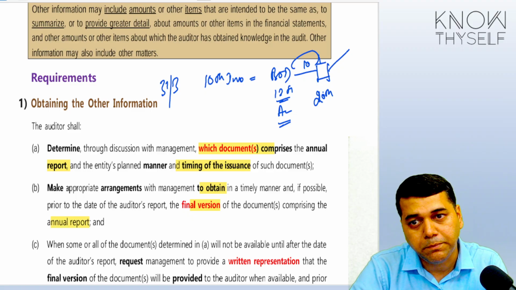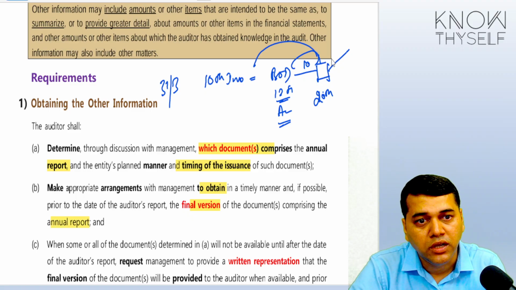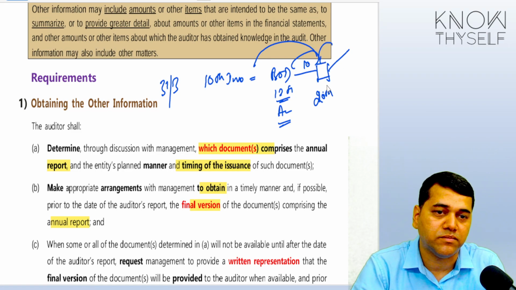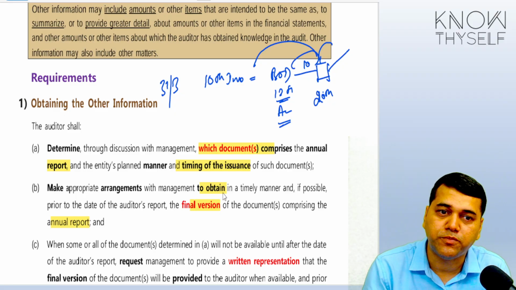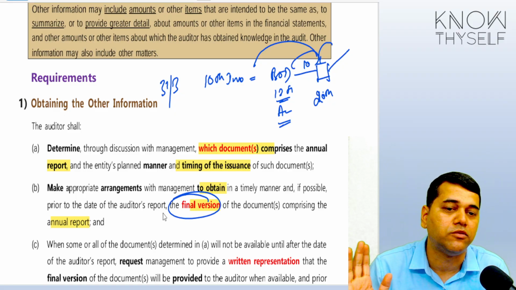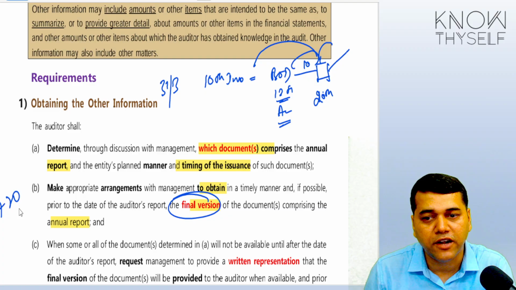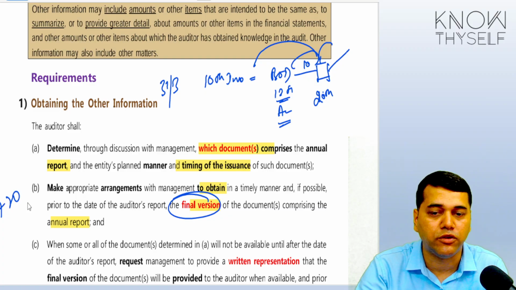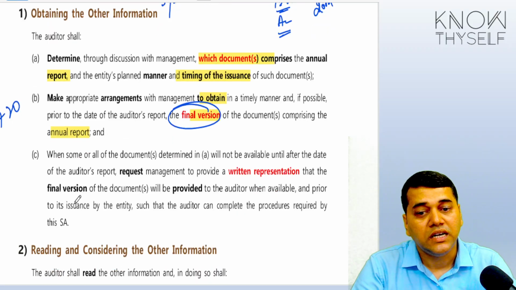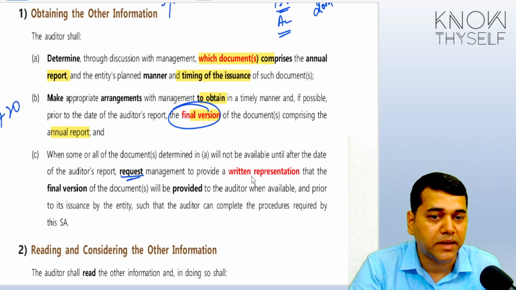So okay, what can happen now? Some portion you may receive before, and the rest will get finalized only after. So you need to tell the management, sir, before you dispatch to the investors, you need to show me the final version and you should get my approval, because I have got SA 720 which wants me to go through your annual report. Then take a written representation from the management